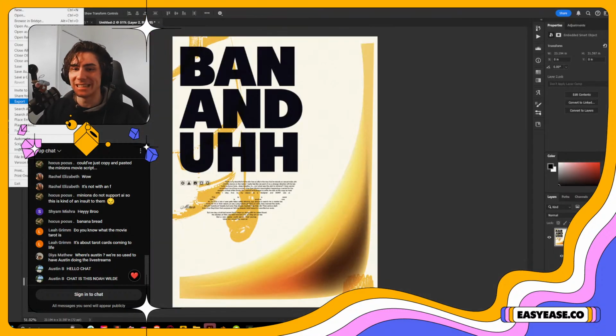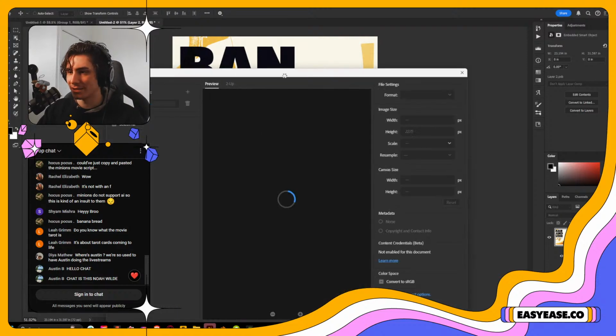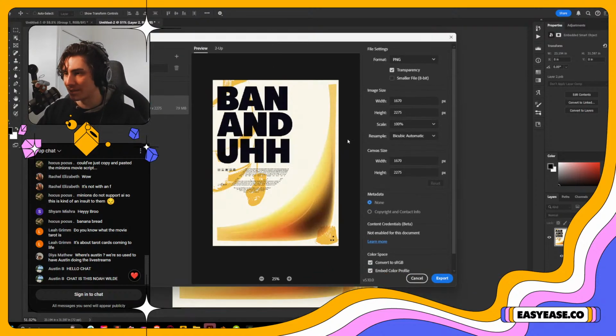Okay. Export. Export as. I don't remember what the size limit is. I will just make it a JPEG. Usually those are smaller. Lower down to 5. That should be totally chill.